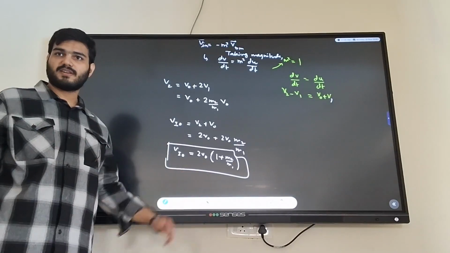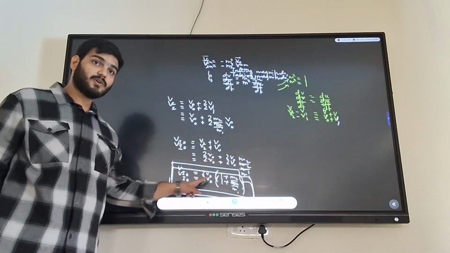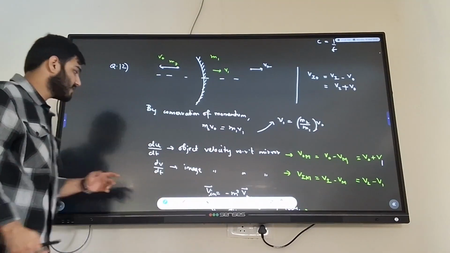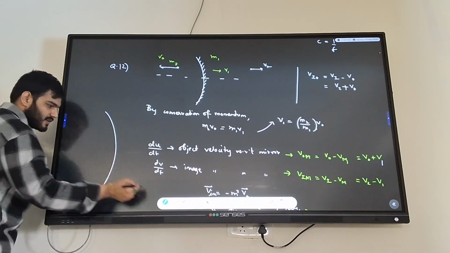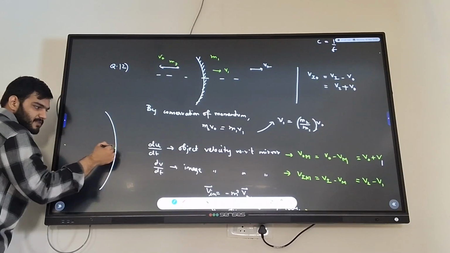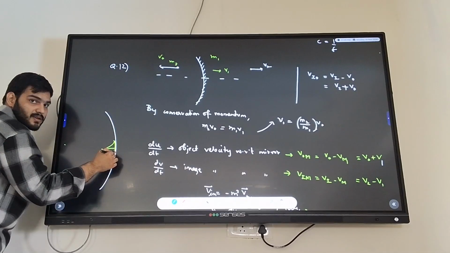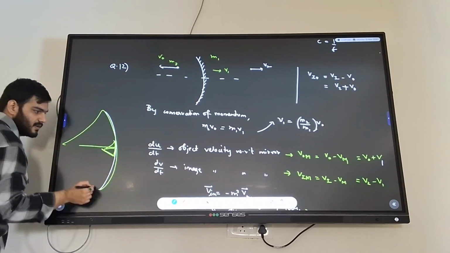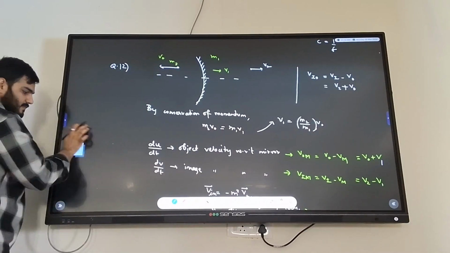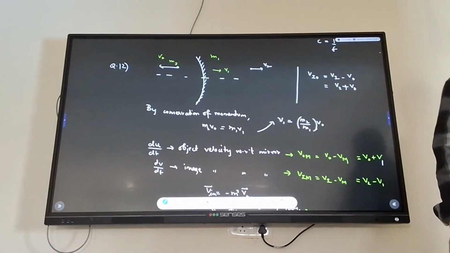Whatever option matches, you understand. Do you understand the procedure? I don't understand the plane mirror. You didn't understand what? How are we considering it to be a plane mirror? Just after the bullet is fired, how far away is it? Is it here or here? It's very close. Then with respect to this, what does it look like? If it were to be here, then I could not see, right?